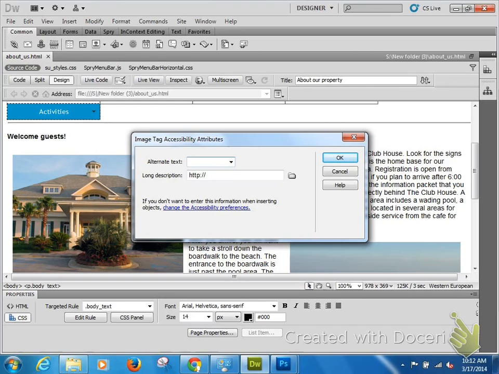Dreamweaver, like any Adobe product, is very, very highly customizable. You can configure the behavior of this thing to do exactly what you want, how you want it. Okay, that's it. Let's get